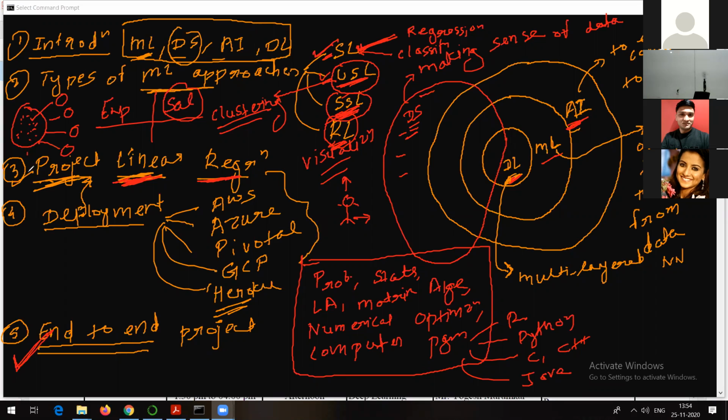Right now, if you don't have any doubt, I will start with the problem statement, right? I will try to discuss a problem statement which we will try to solve with the help of linear regression. And then I will implement one project with the help of linear regression, and then we will deploy. This is what we will try to do first. Right? Let me clear all these things, and let me show you a simple example of linear regression just to understand the concept. For example, you have some data, or let me talk about this one first, linear regression.